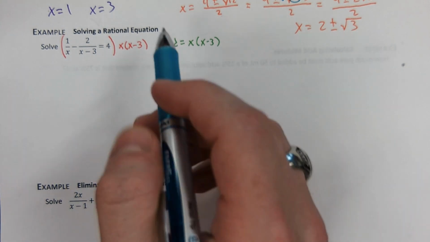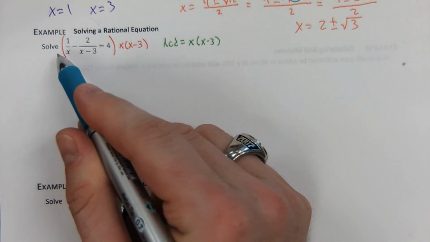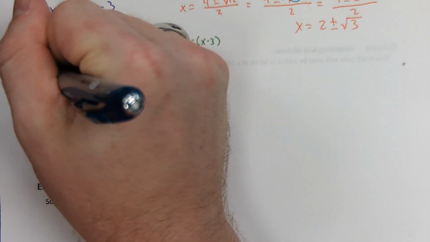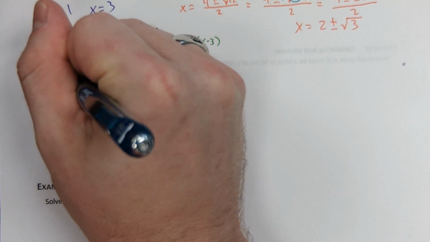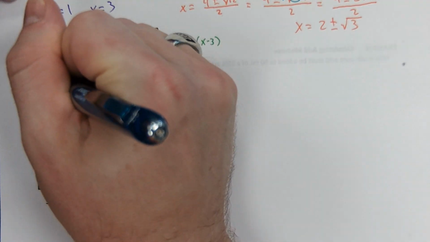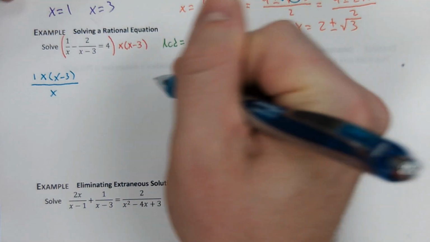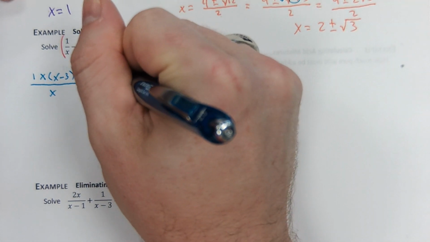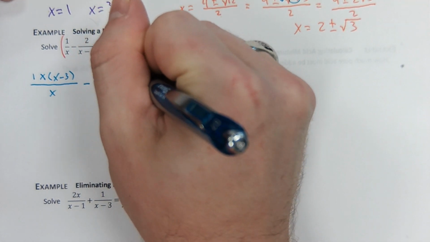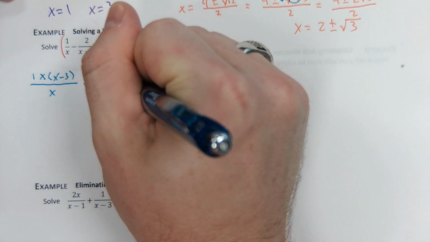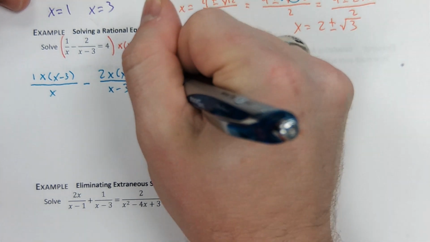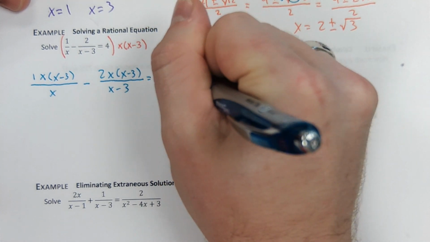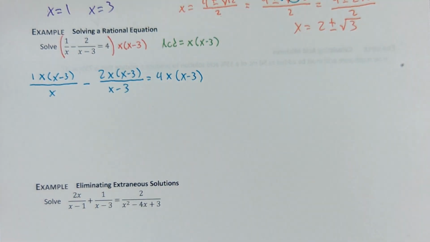Blue feels good. So we're going to distribute these 2 things to this fraction. I've got the 1, which I didn't need to write, but I'm going to. Then I've got the x, and I've got the x minus 3. On the bottom, I still have an x. Minus 2, the x minus 3, and on the bottom, x minus 3. Equals 4, and then x minus 3. And as long as you found the least common denominator,